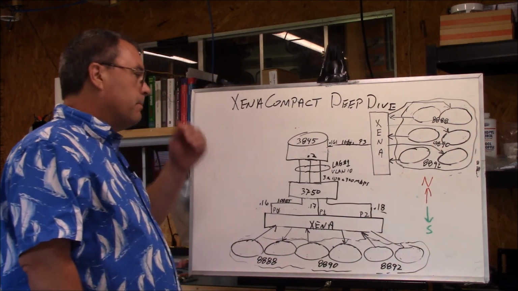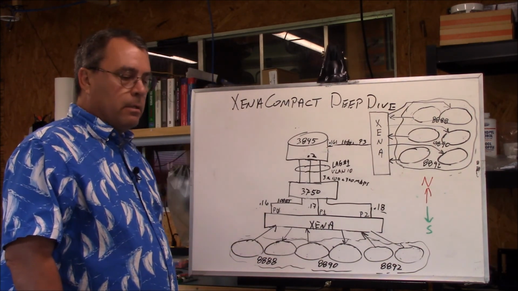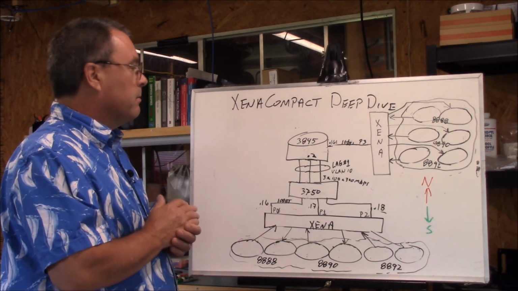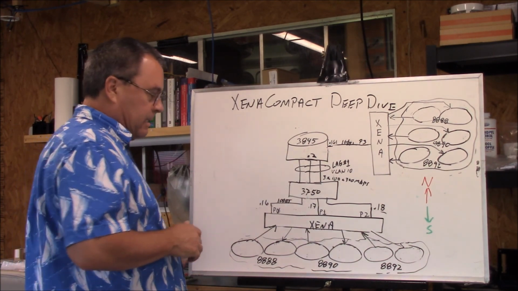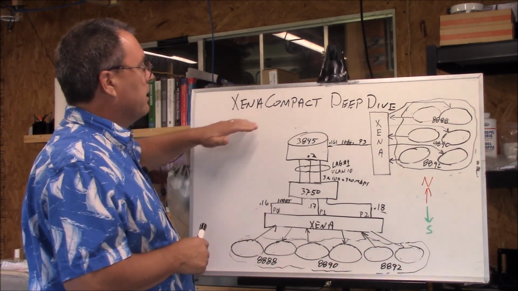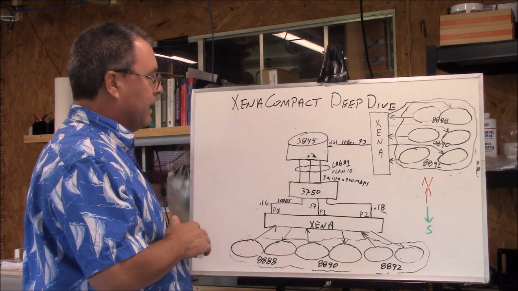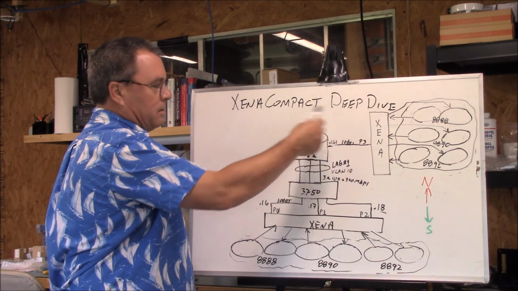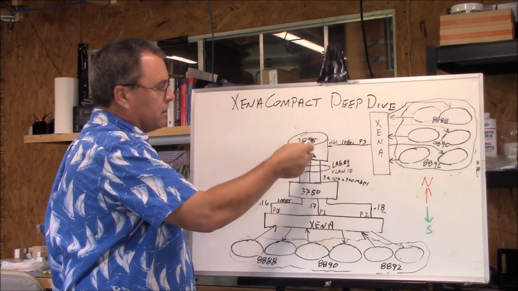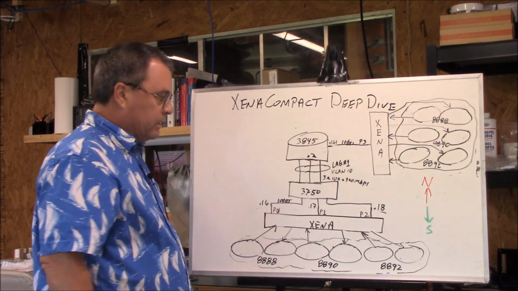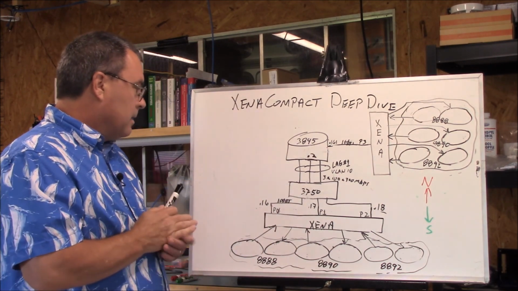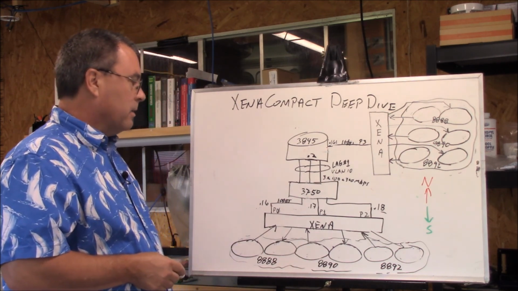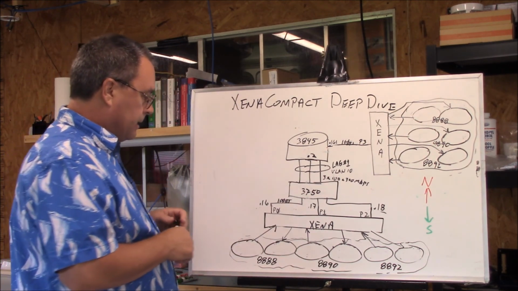I don't know if you remember, when we were looking at the Xena overview, I kept making a comment that I couldn't figure out how to do the input, and I'm still kind of scratching my head about how we're going to do that. So we're going to do the deep dive into the Xena Compact and see how to set this up. Before we put our system under test, which is the router and the switch and the lag, we're just going to keep this loopback like we did in the previous video, and try to provision